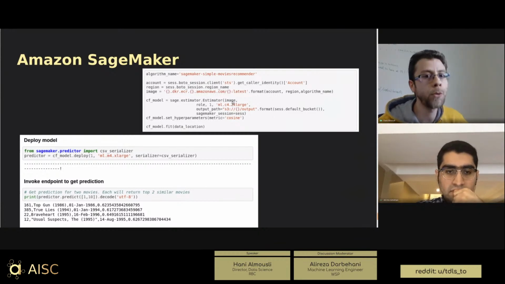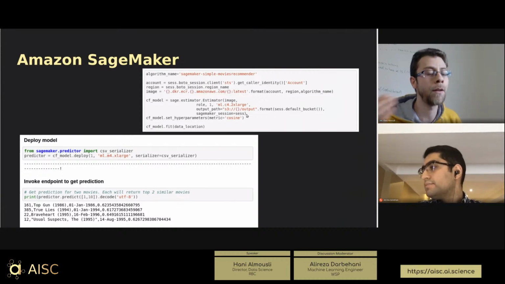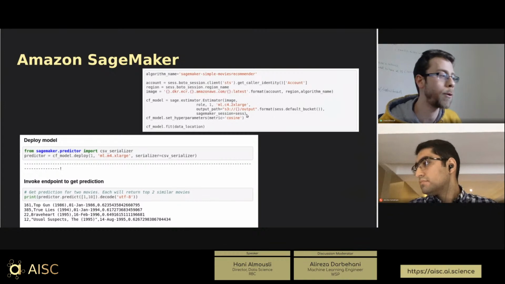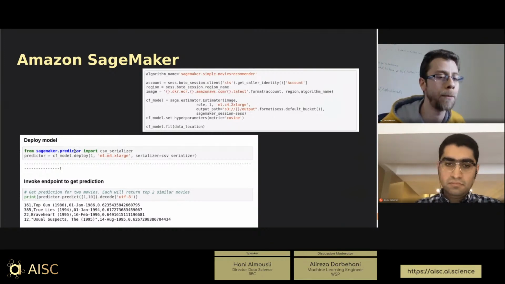And now you can see the input to the SageMaker algorithm is the container image, the image itself, and it will create a new container from it. I'm saying how many instances, what's the type, and where's my output path. And here I'm saying set hyperparameters, metric equal cosine. And in that case, the promise that SageMaker has to me is that when I run it, I will go to opt_ml/data/training. I'll find my training data. If I go to opt_ml inputs and then hyperparameter.json, I will read it and I'll have something called metric, which is the cosine. At the end of the day, I can do a fit and then give the data location for my input. And that's where it starts migrating all the stuff and putting the structure.